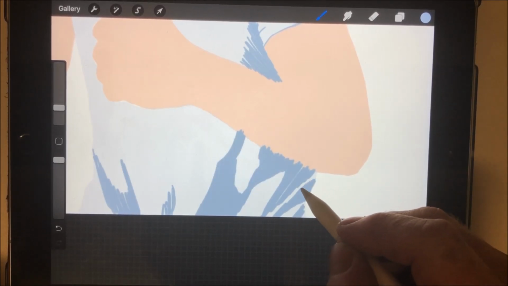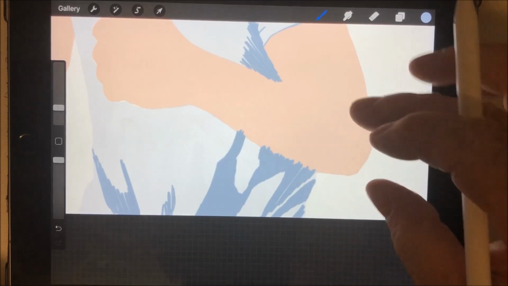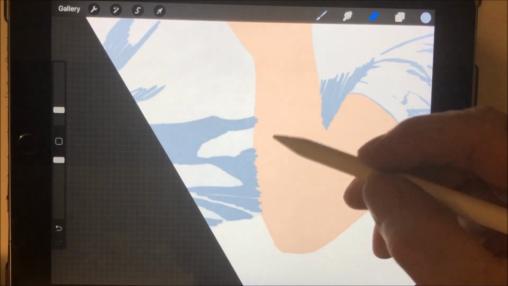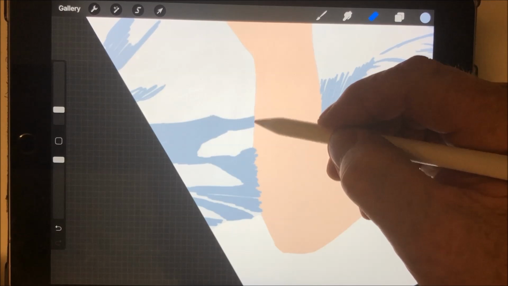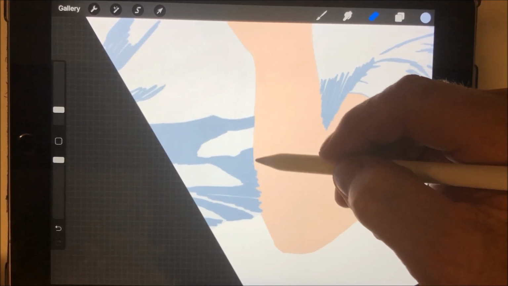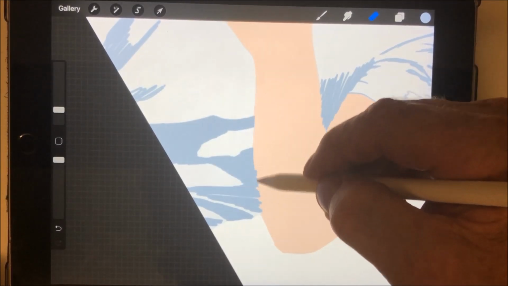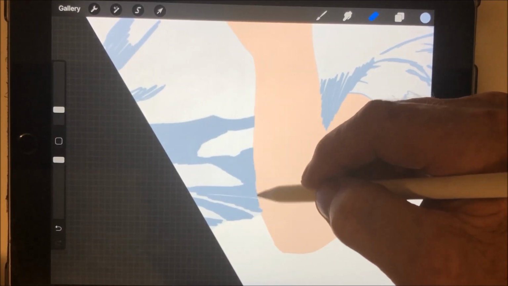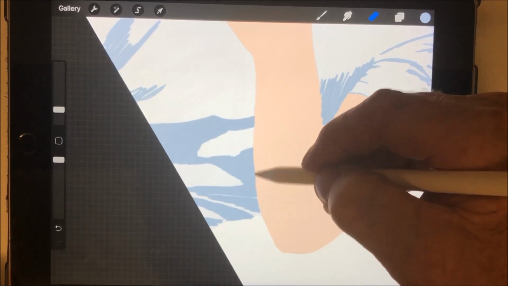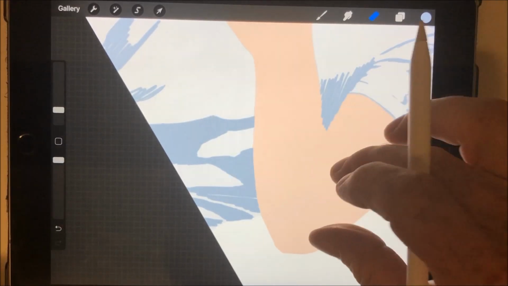I'm just sort of making this a bit more detailed. Now there's the arm there. I'll go to the rubber. Because the skin's on another layer, it's not going to rub out the arm, and it's not going to rub out the white because I'm not on that layer either. I'm only on this dark blue shadowed colour layer, so it's only going to rub out that colour. So that's why you add different layers for